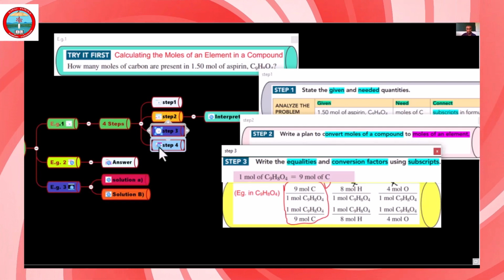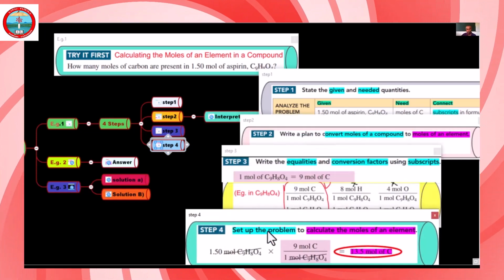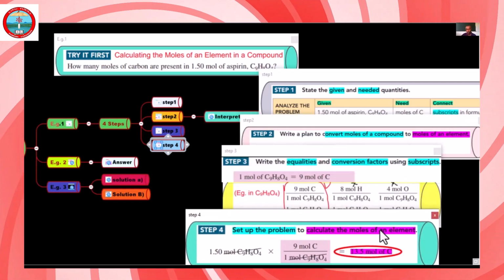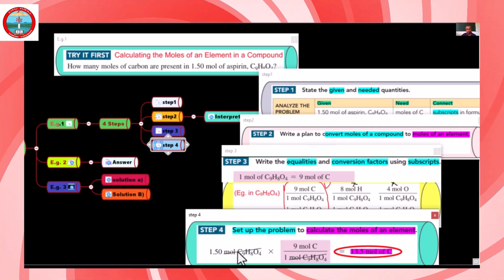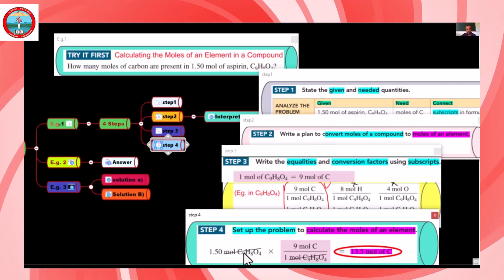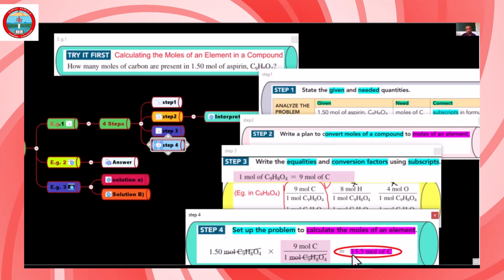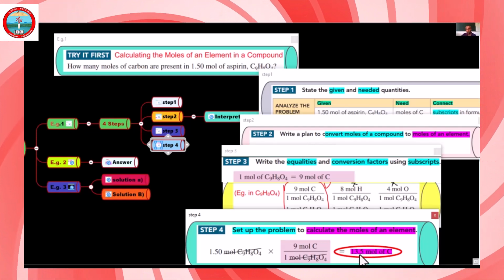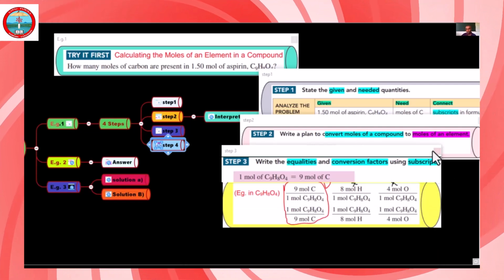Step 4 is set up the problem to calculate the moles of an element. So 1.50 times 10 mole of the aspirin times the conversion factor, that is the number of moles of carbon, we will have 13.5 moles of the carbon. This is one example. Another example is,